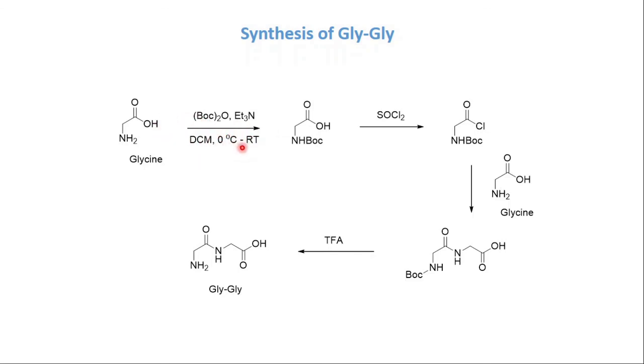Then you keep it for 15 to 20 minutes, bring it to room temperature. Do the workup just by washing with a dilute solution of sodium bicarbonate. You get this, take it out and react with thionyl chloride. You add thionyl chloride, you can take this in DCM or just like that also you can add thionyl chloride. You will get the acid chloride. That acid chloride you keep in the same flask, do not remove that,